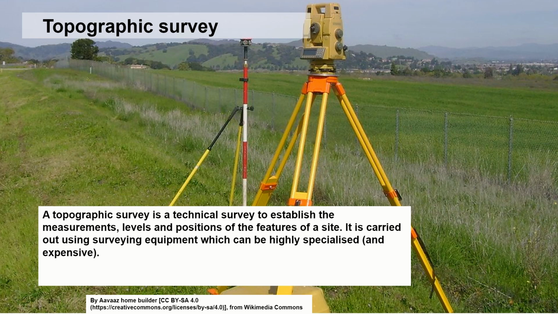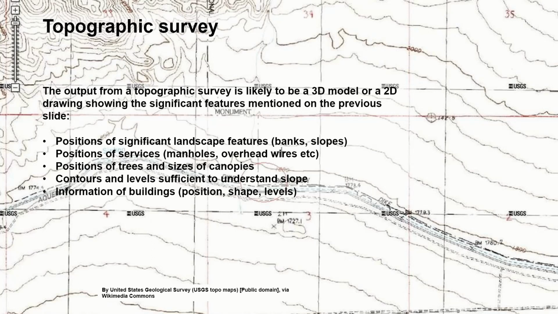And this allows you to get a 2D or a 3D drawing to be able to develop up your design. And it's usually outputted to either be a 2D or a 3D file, which breaks the information down into most likely